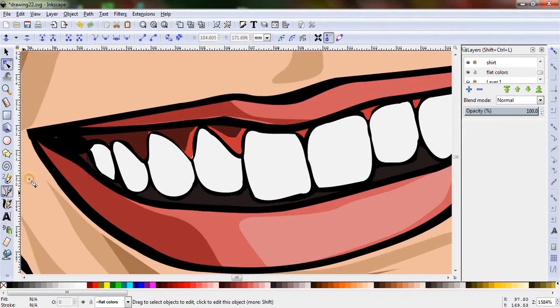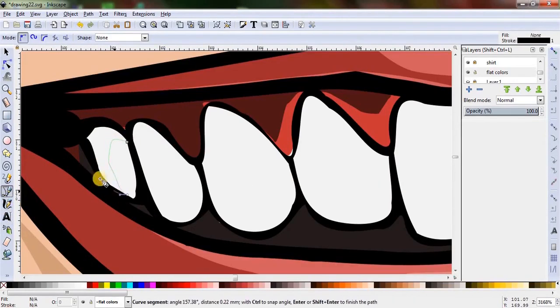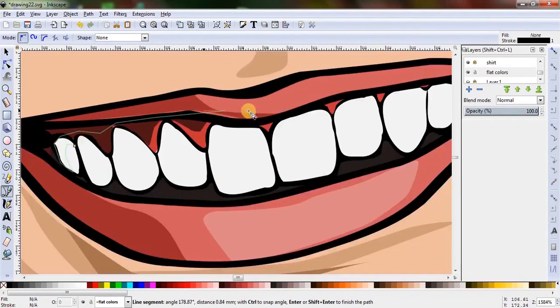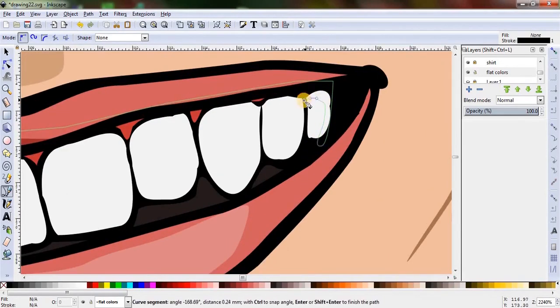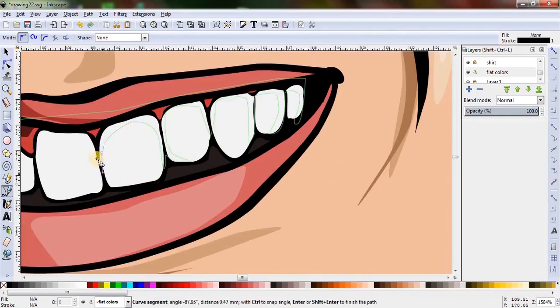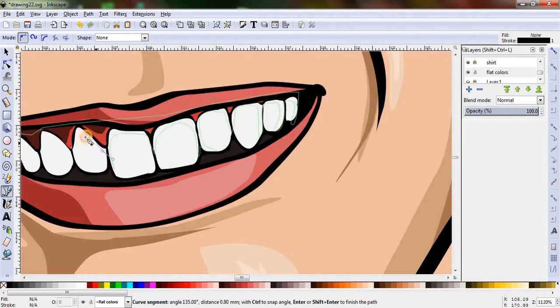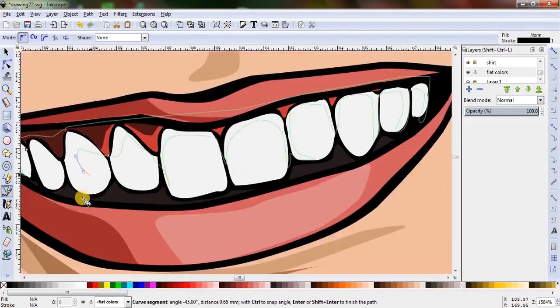For teeth, to create some amount of depth, I'm going to add 2 levels of shadows. In this image we have upper teeth only, so let's make shapes resembling tooth shadows. Using Bezier tool, let's make shapes for the shadow. The shadow will lie on the left side of every tooth situated on the left, and for the right side, shadow will lie on the right area of every tooth situated on the right. So let's make some shapes which will resemble shades on the tooth.